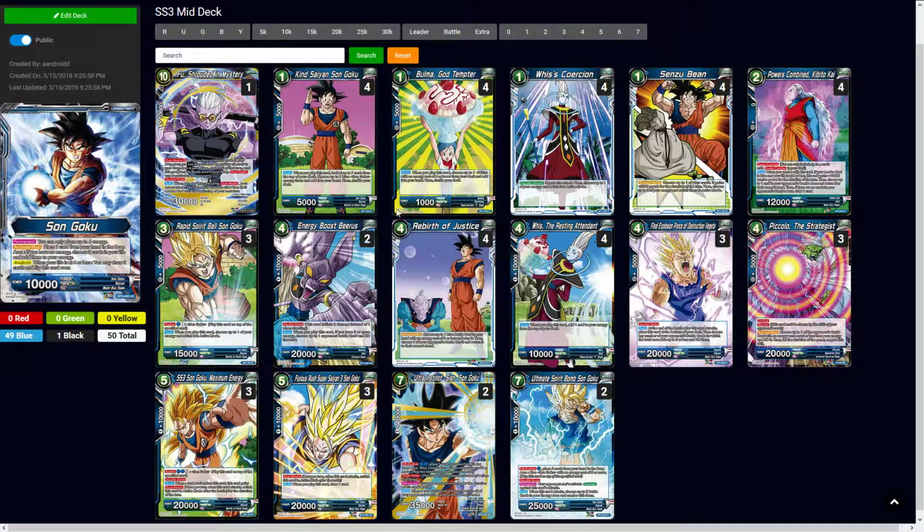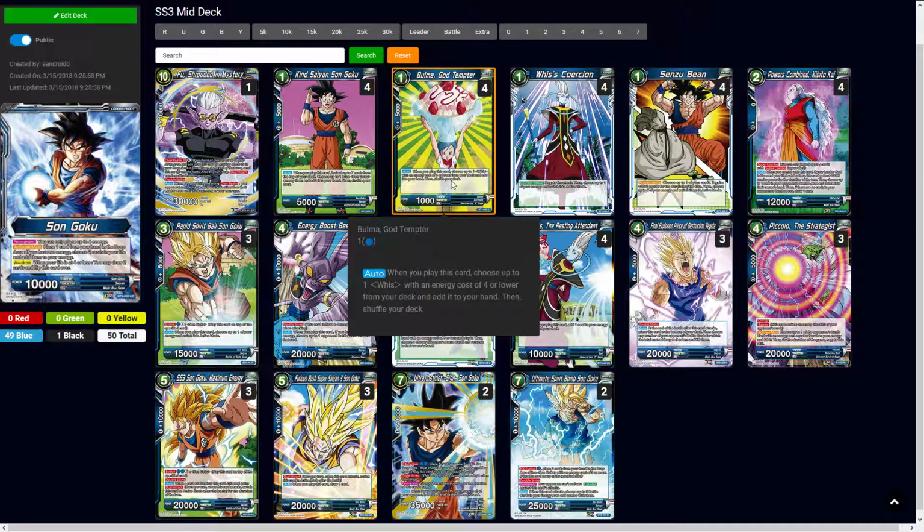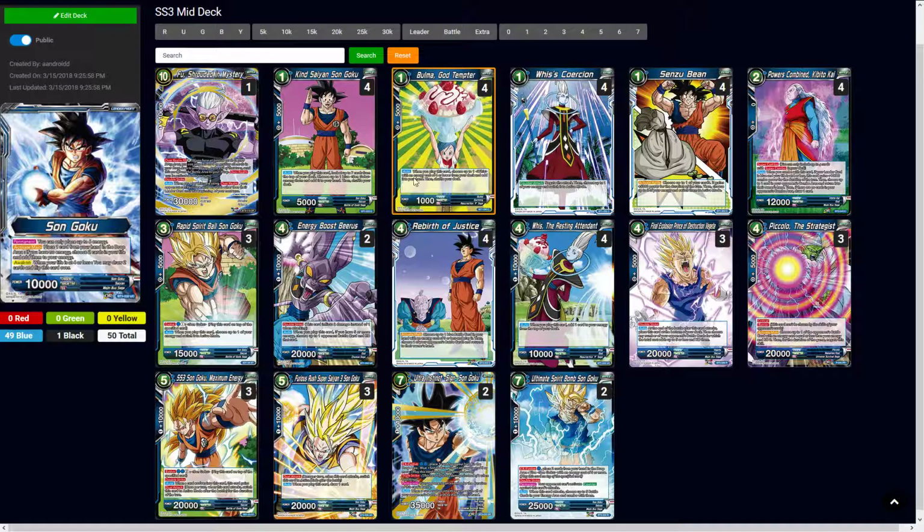So for Bulma, you play her early in the game, search for the Whis if you don't have anything else to use as energy, because if you only have some of these cards, you kind of need them 3rd or 4th turn to play them, and you don't want to waste it as energy. So it all kind of works out. And then of course you can just have some battle area presence, and then combo into your leader in case that